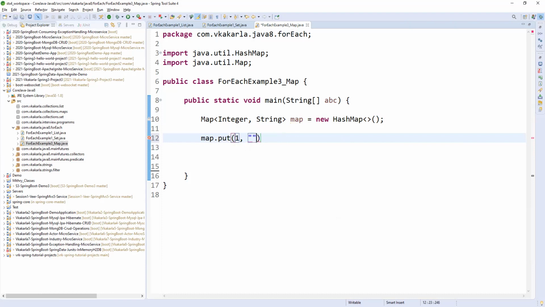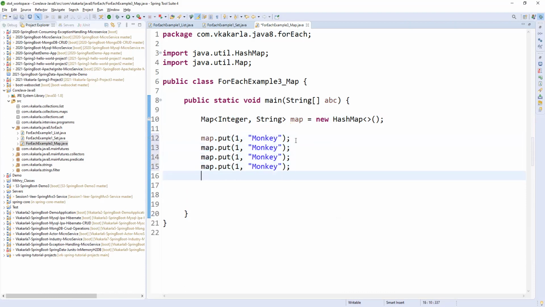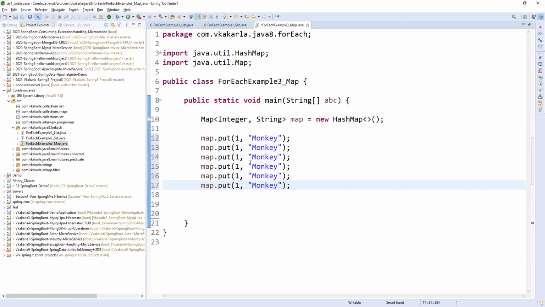For one, give some animal, monkey. Put, and you can give some data: dog, 3; cat, 4; lion, and 5 you can give tiger.